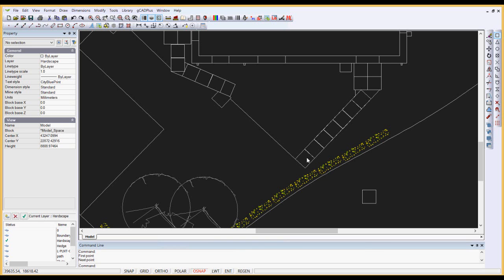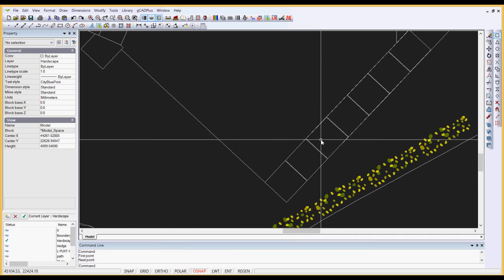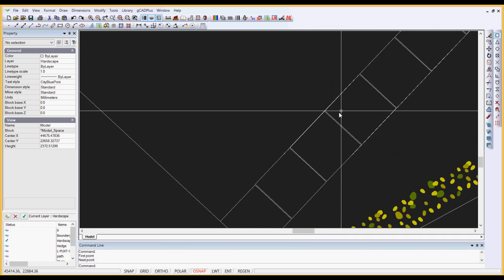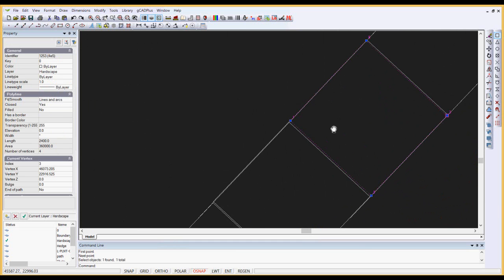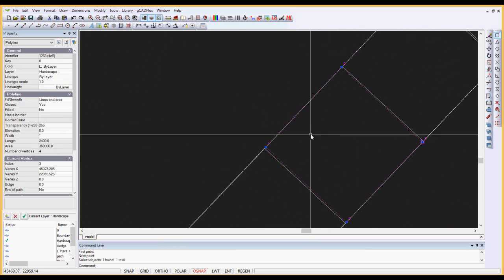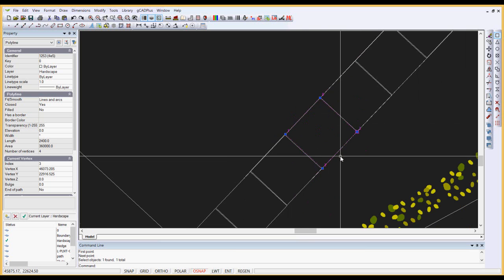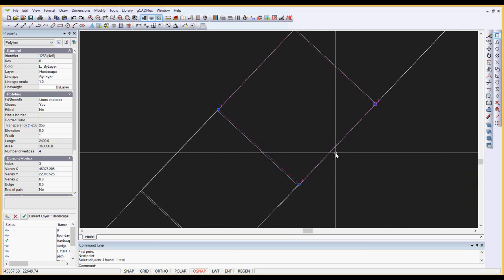This design calls for a path made of paving bricks running from this point here up to a landing or porch and then into a house. If I zoom in on the area of the paving bricks and select one of the pavers, you may be able to see that there seems to be some sort of overlap